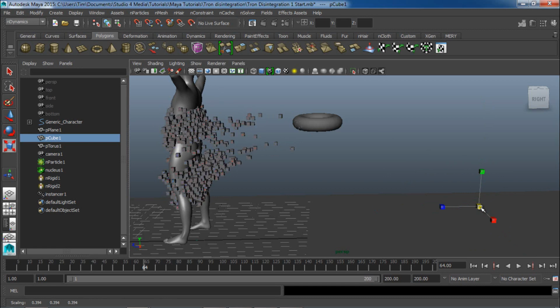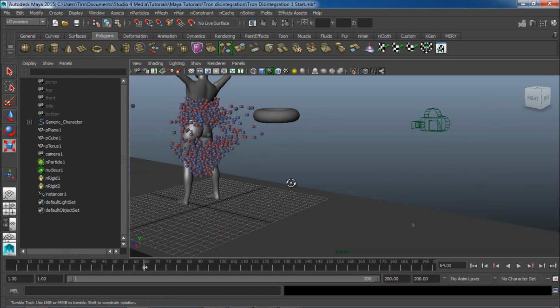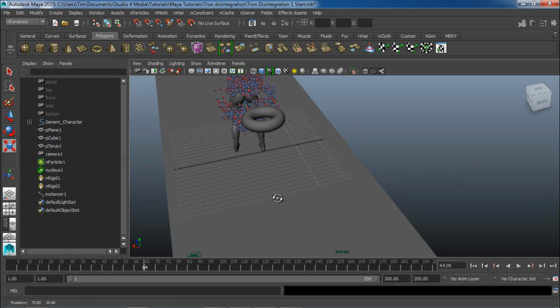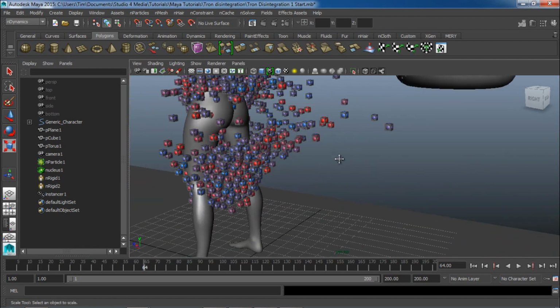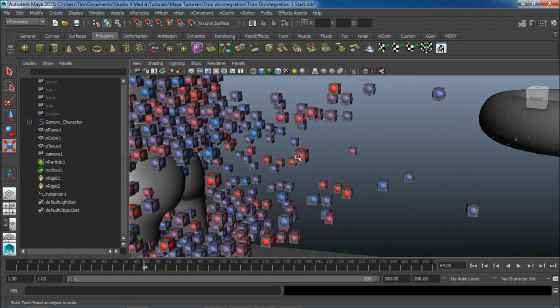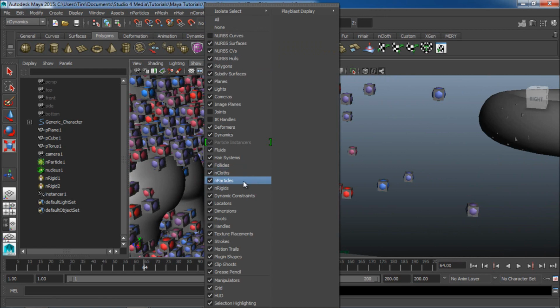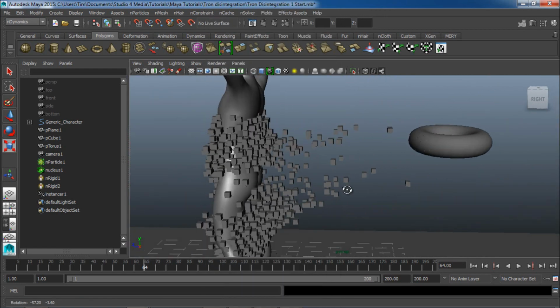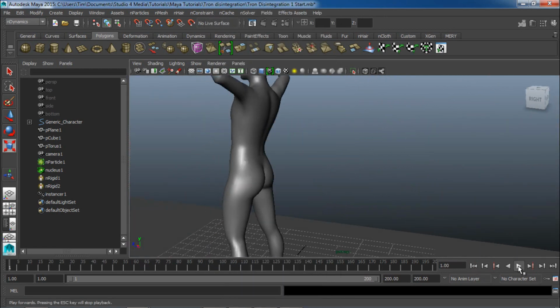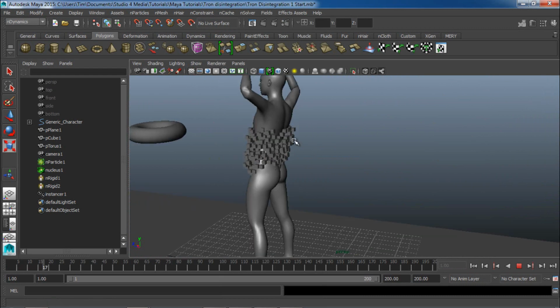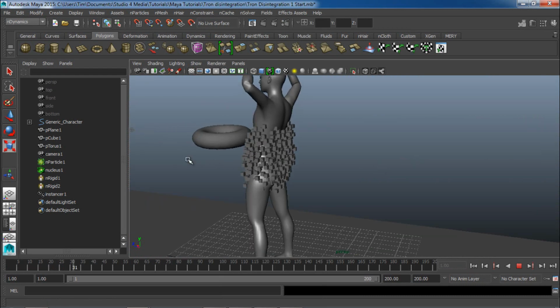So something like that there looks pretty good. And see, now you see the problem that we're having is that the particles are still balls and the shape is trying to be a square, so it intersects. And so that's why if you go to show and disable your nParticles, now all you see is the squares. And if we back this up and play it, the dude's got squares, and then thing hits and poof,